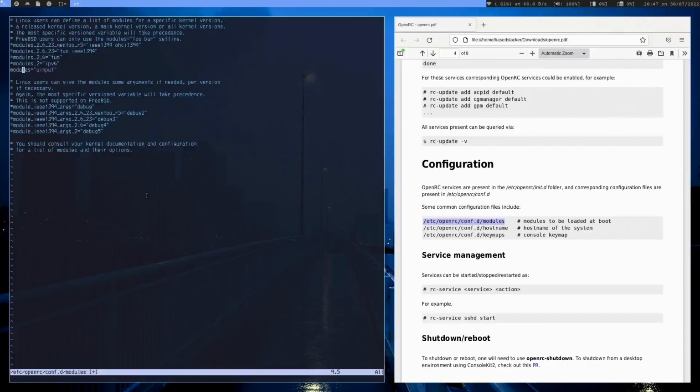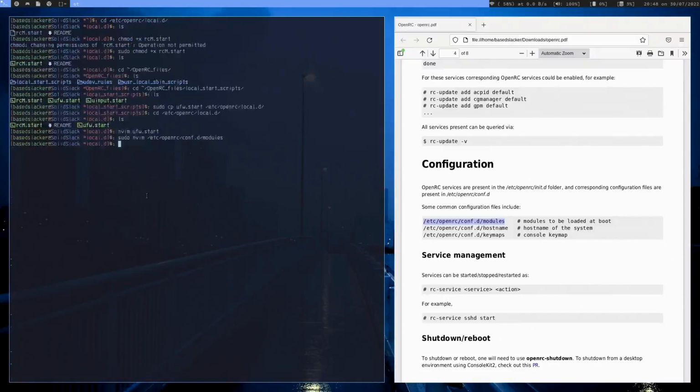Well, I don't want to say a common problem, but it is a problem in Gentoo that I found out, that sometimes you need to specifically say, hey, I want uinput to be loaded by, I can't remember what service actually is supposed to load that. But anyways, so now that I've done that, and I'm going to rc